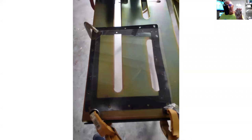Once again, using clamps, clamped it on. Basically, the aircraft is painted, and I could see where some of the edges were. So I was able to get some of this down to a point so it was close. So I wasn't trying to trim a bunch off. But keep in mind, once you start bending this stuff, it gets longer. So you can't mount it when it's flat, because it's going to change shapes and get longer when you start